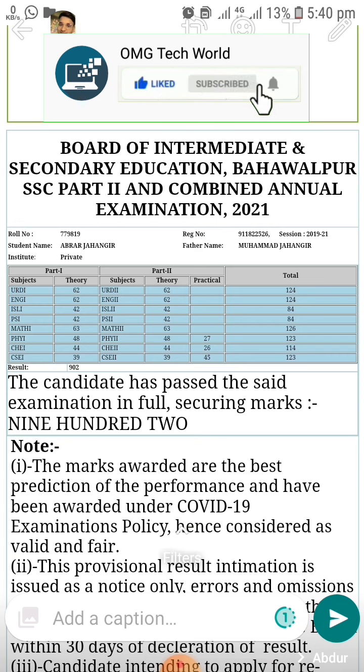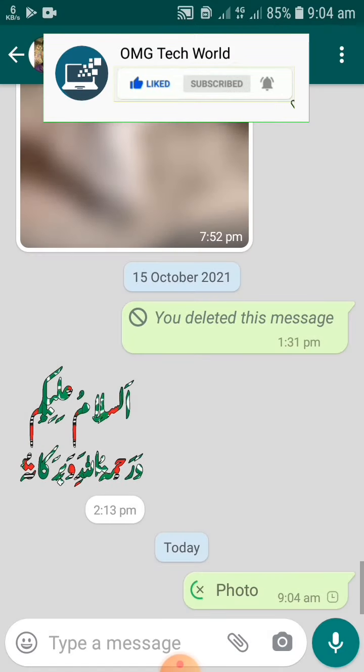So after that, if you click on send, the photo will be sent to the WhatsApp contact, and after the WhatsApp contact has seen it, it will be